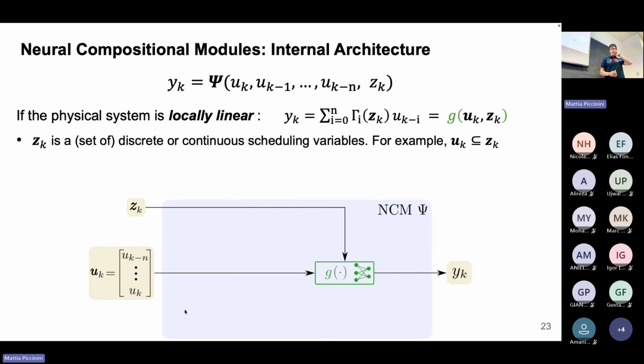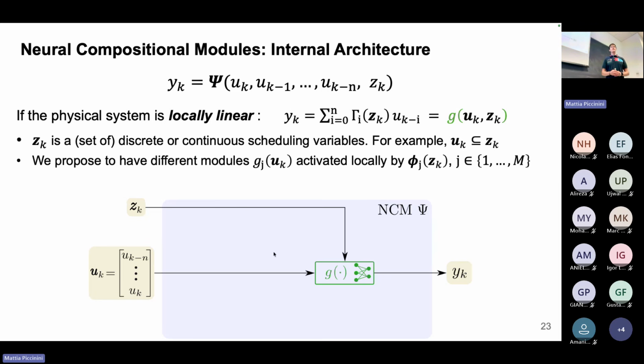In this case, these modules G become a function of Z and U. It's not a function of U anymore, it's a function of U and Z. And this can be very general. Here you may go ahead and use a certain type of scheduling. We propose a particular type of scheduling, what we call here activation. So we say,